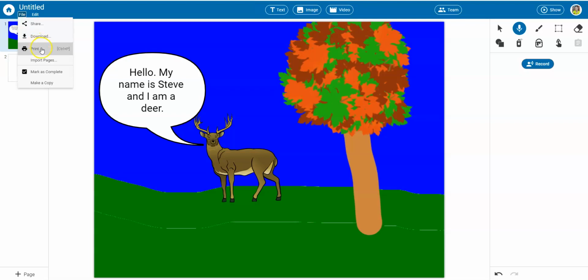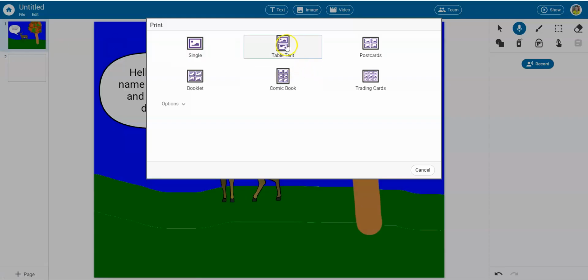Also, the file and print menu, if you do multiple pages, allows you to make tent cards or table tents or postcards. Again, you don't partition the page with lines. You just have multiple pages, and Wixie knows to put them in this order. And my favorite, if you have a single page, you can actually choose trading cards and repeat the page so